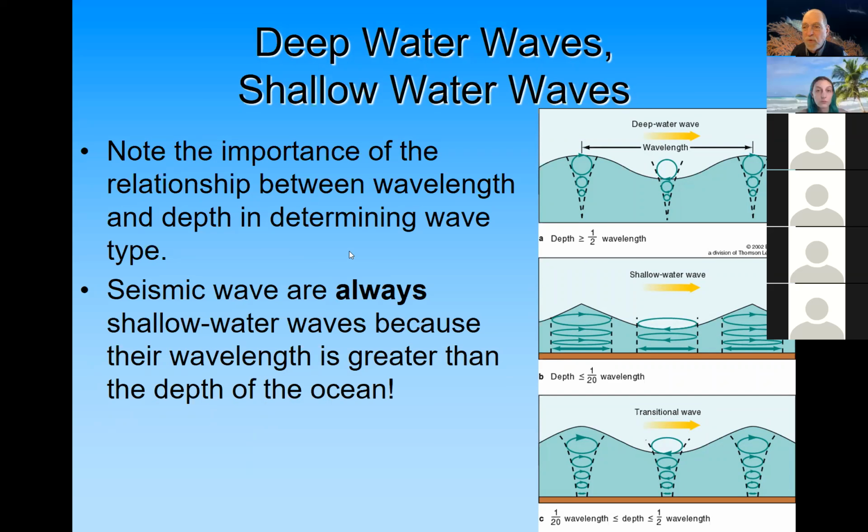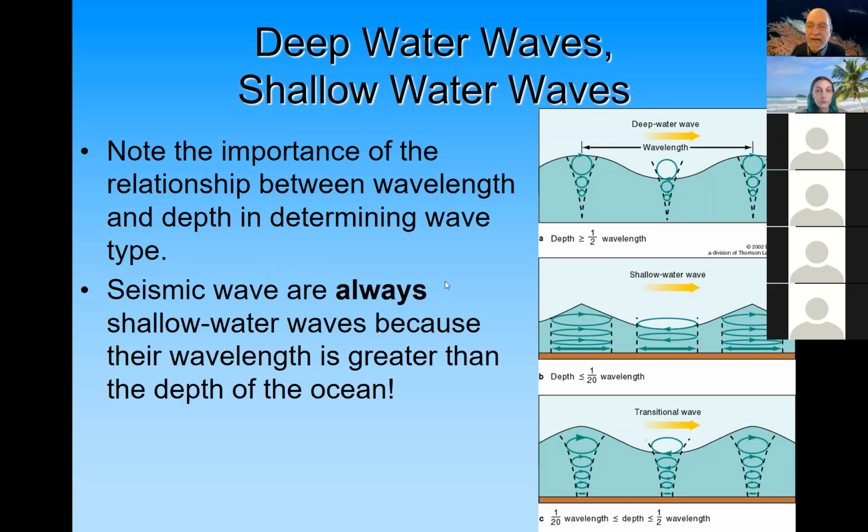And so wind waves can be free waves, they can be forced waves, they can be deep water waves, or they can be shallow water waves. The wavelength of typical wind waves in the open ocean is almost always less than the water depth. But longer waves that have much longer wavelengths have more